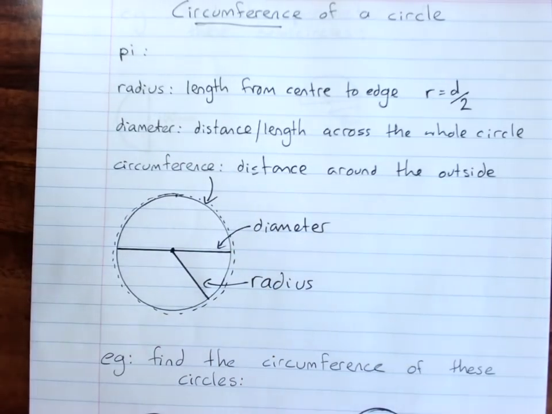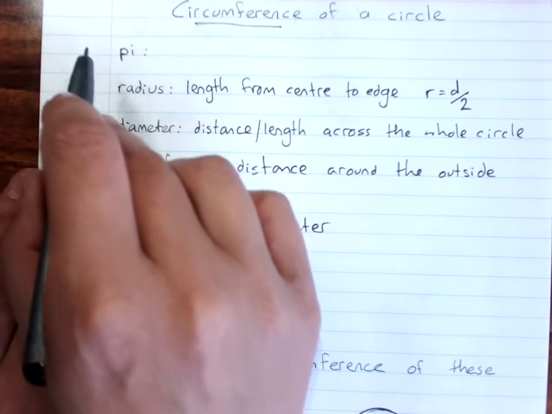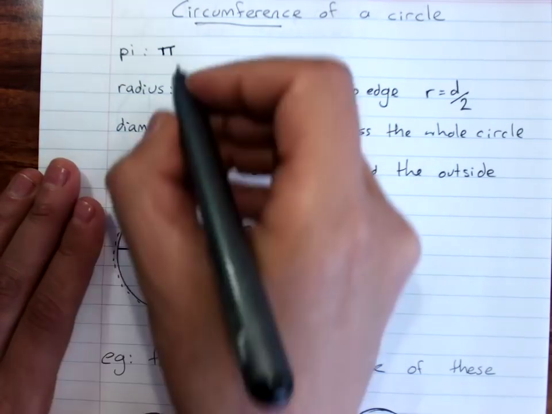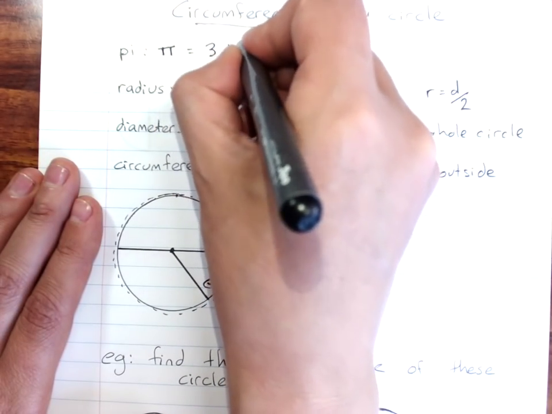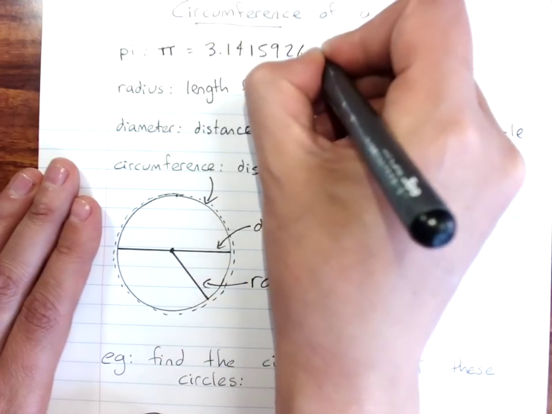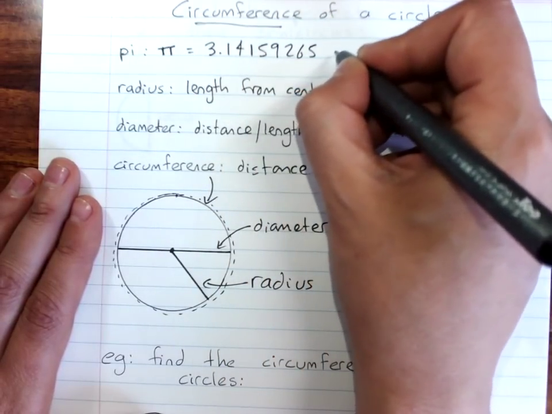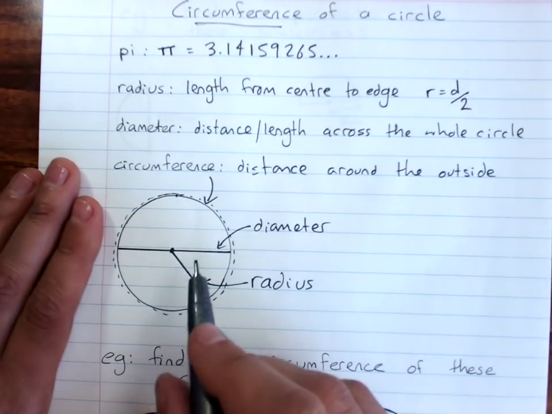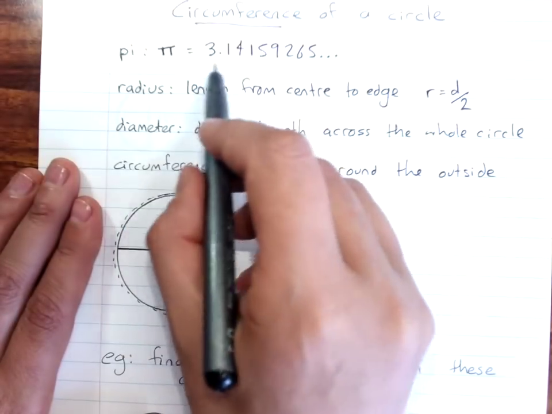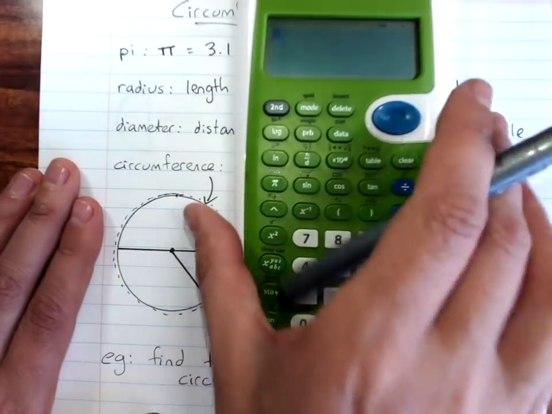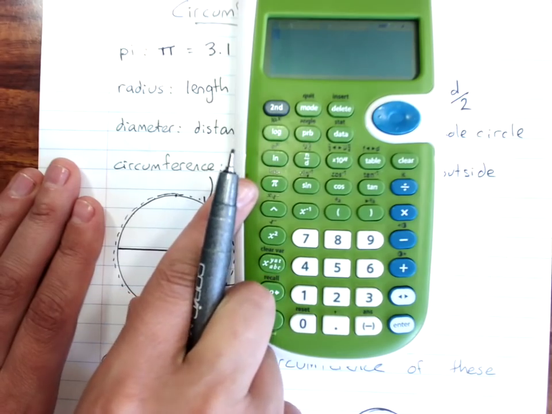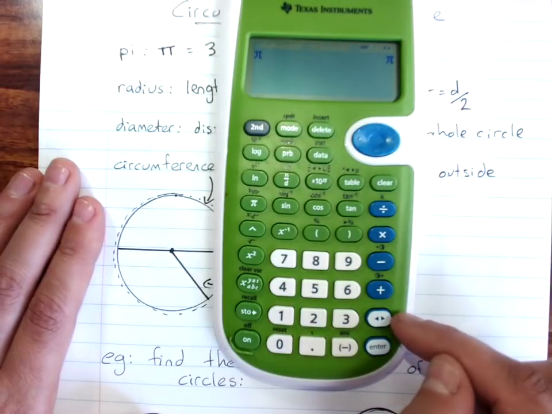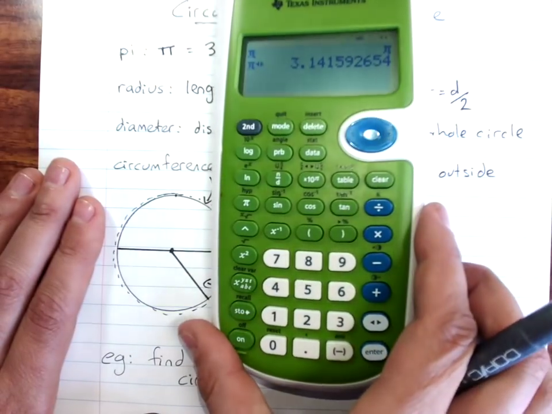And the other part that we have to know is pi. Now pi has this symbol, which is the Greek letter pi, and it's equal to 3.1415926535897. It keeps going forever. We usually just say it's approximately 3.14, and on your calculator there's a pi button, and when you push that, sometimes it'll just say pi, and if you use the double arrow key, it will say there we go,